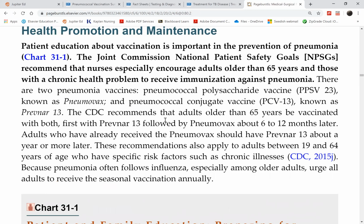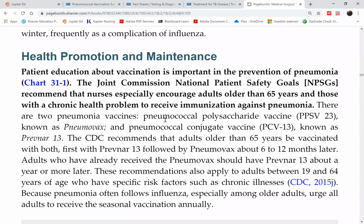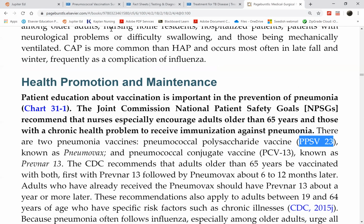Because vaccination is in the NCLEX. There are 2 vaccines out there now. The patient will be given Prevnar 13 and Prevnar PPSV 23. We'll just call them PCV13 and PPSV23. Okay, a question on your exam will be from one of the